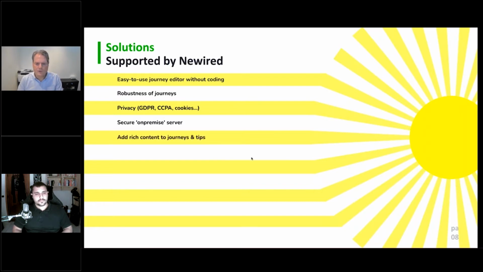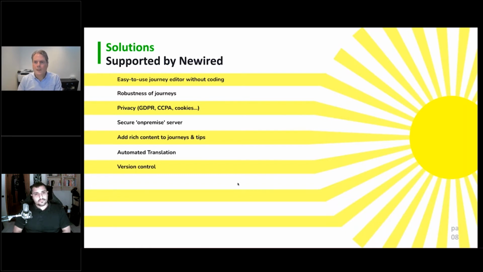Adding rich content to journeys and tips, videos, GIFs, nice tables, nice pictures. This is all being supported. There's a way to actually translate the journeys and the guidance in different languages. It's being done using the XLIFF format, so we can export all the content of our journeys and tips and then have it translated outside our software in an automated way if needed or if possible. And you read it into the system again and you have a variety of different languages on your journeys.